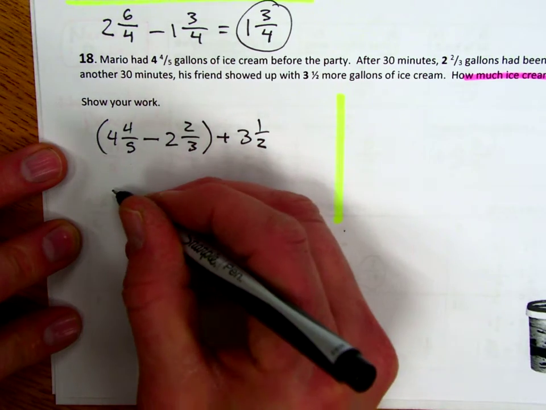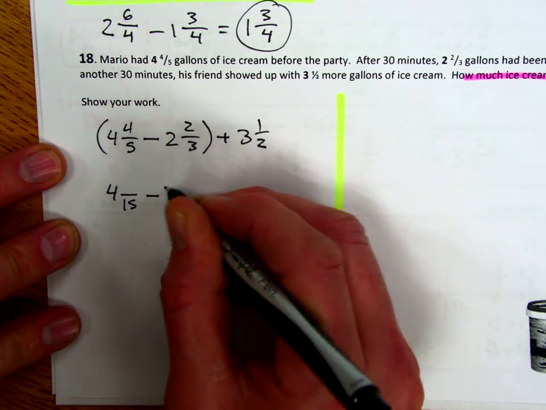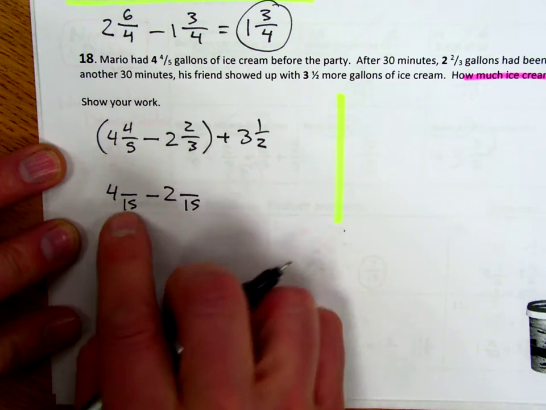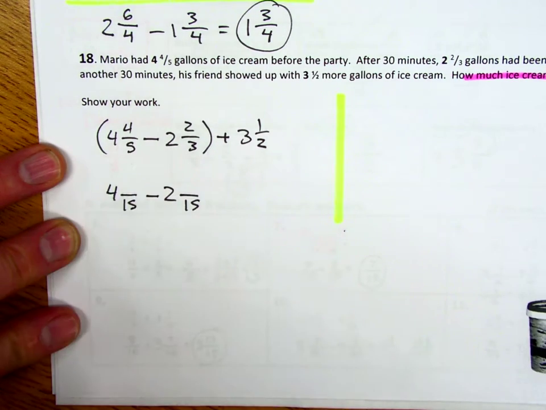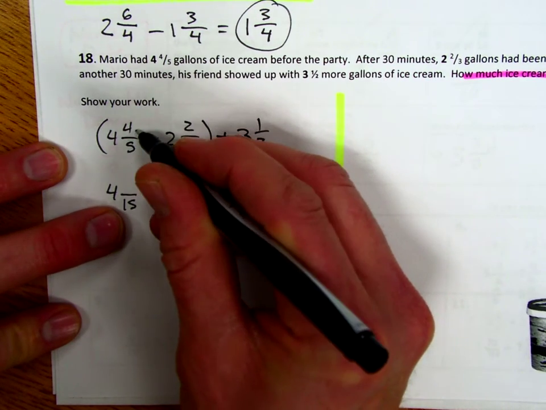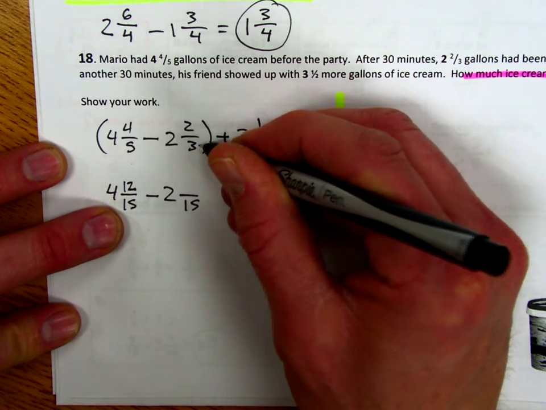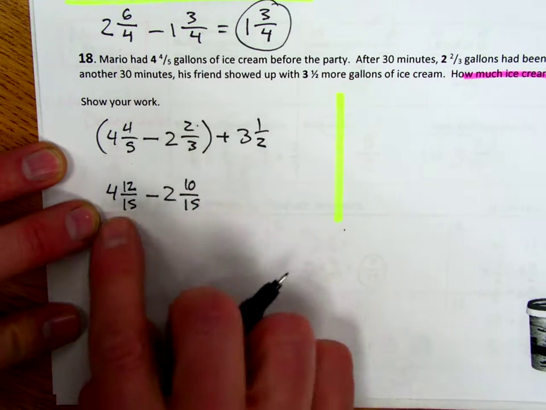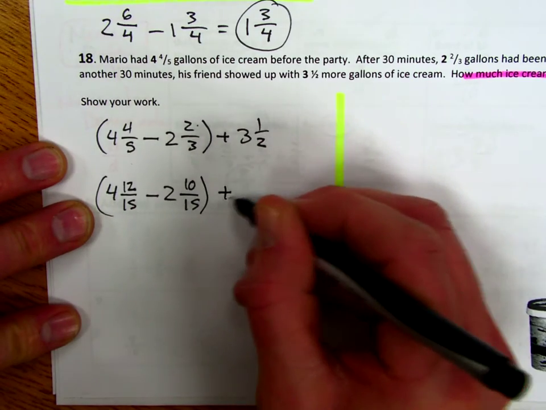So the first step we're going to recopy here, we're going to make common denominators. And I know it's going to be 15, so this is a good habit of just doing this. 4 and something 15ths, 2 and something 15ths, but copy down the numbers you know you're going to use. How did I make the 5 into 15? I tripled it, so I triple my numerator. How did I make 3 into 15? I multiplied it by 5, so I multiply that by 5. I'm subtracting, looks like I can. So again, I'm just going to copy things that I'm not